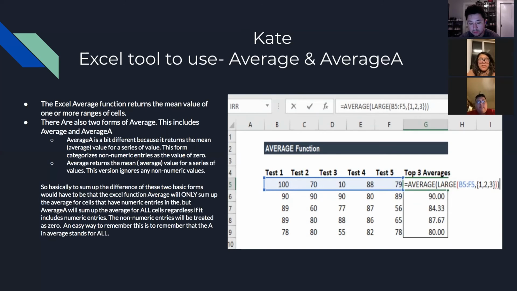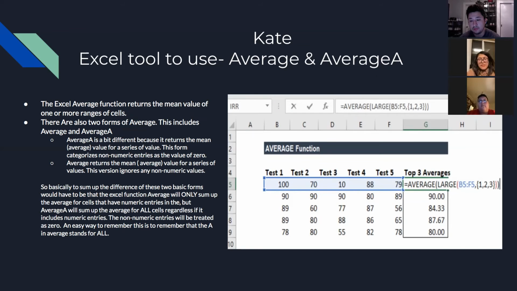This form categorizes non-numeric entries as 0. As compared to AVERAGE, which returns the mean value of only numeric entries, and ignores